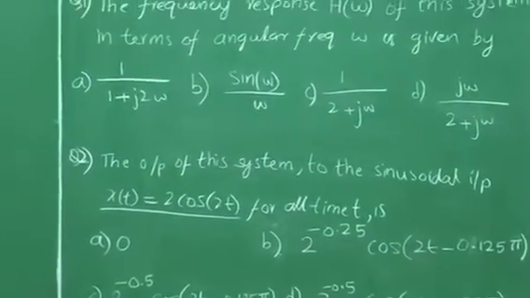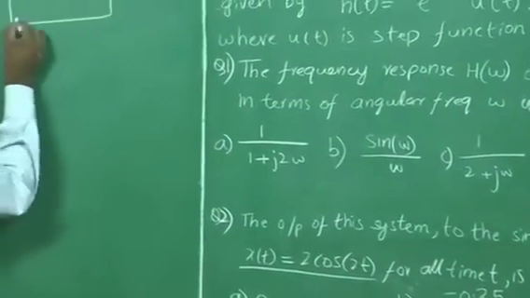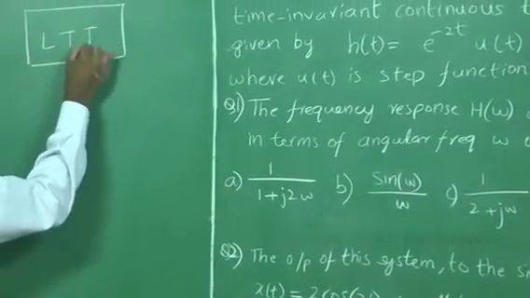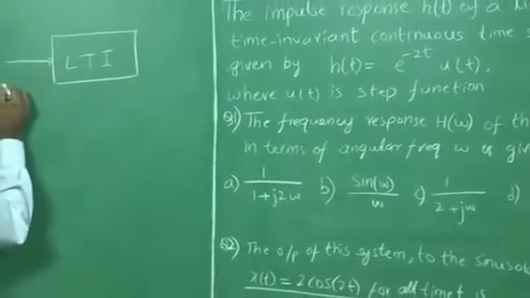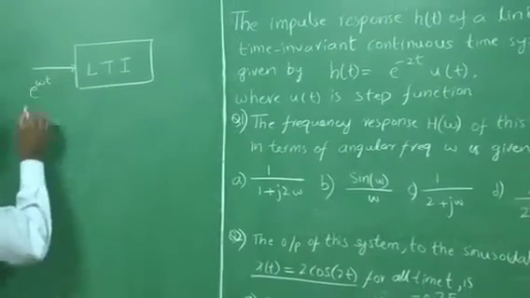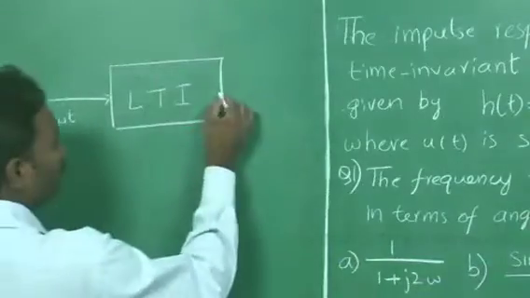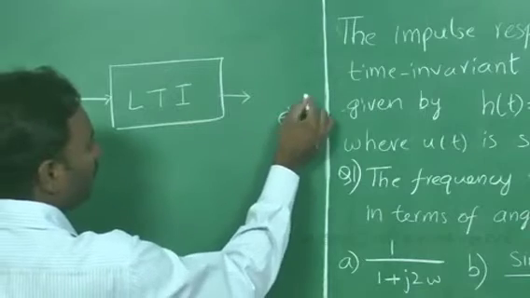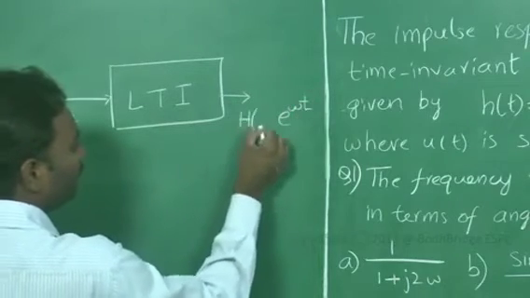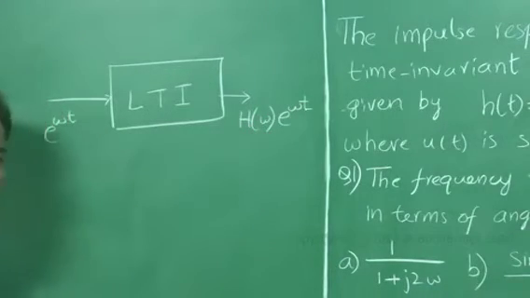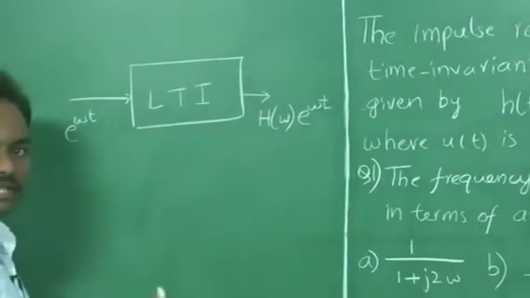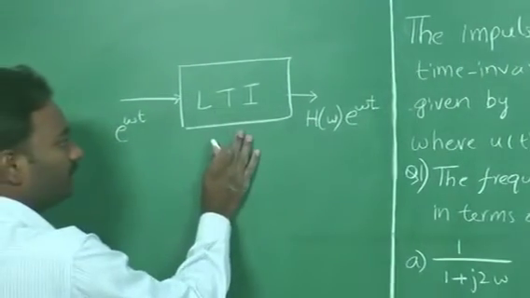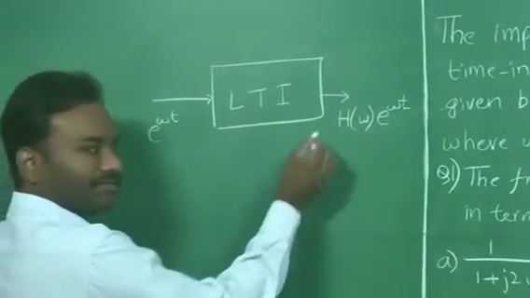Now let us consider an LTI system. For an LTI system, if an input of the form e power j omega t is given, the output can be written as e power j omega t multiplied by a factor called H of omega. This H of omega is nothing but the frequency response of this LTI system, that is, the transfer function of